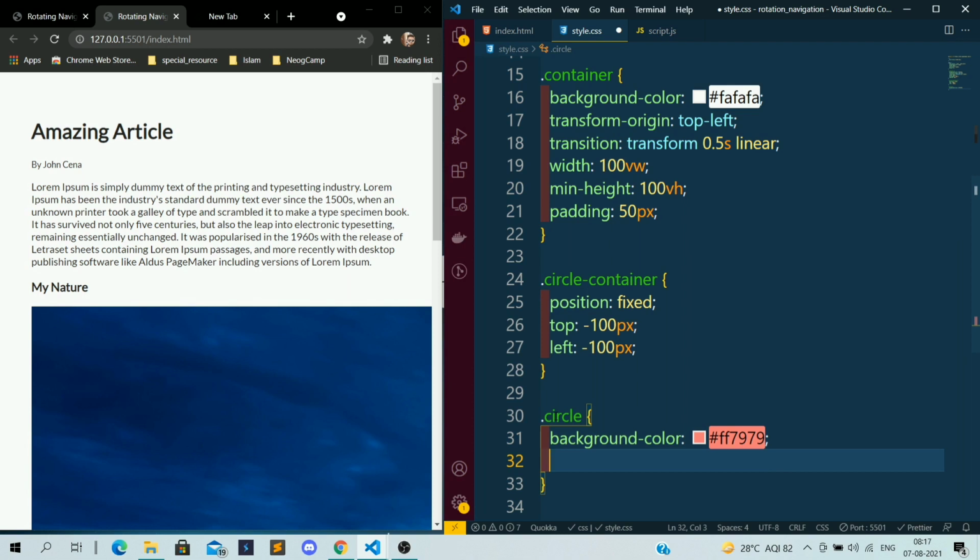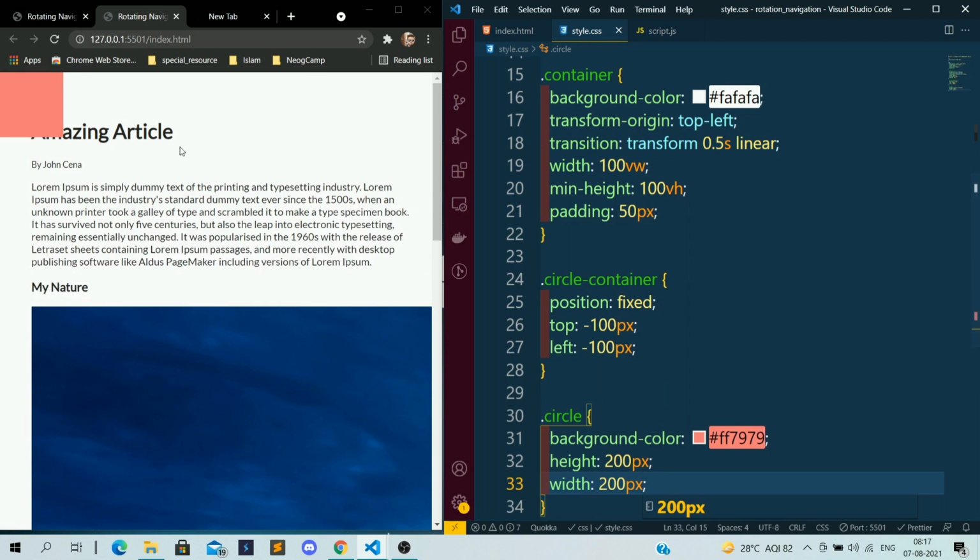I will give the height of 200 pixels, and the width of 200 pixels. Now if I save it, it is coming onto the screen. So it is 100 pixels on the screen and 100 pixels outside the screen.